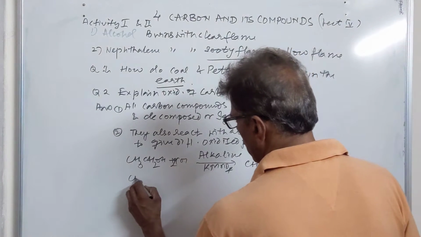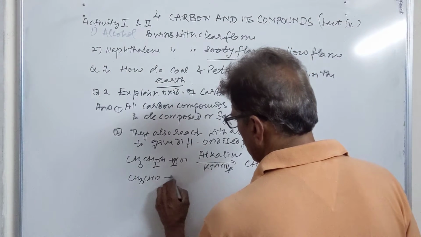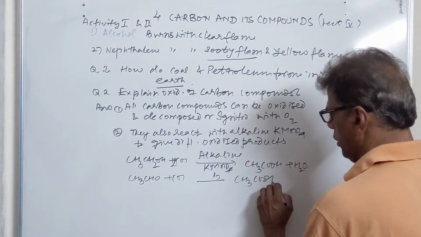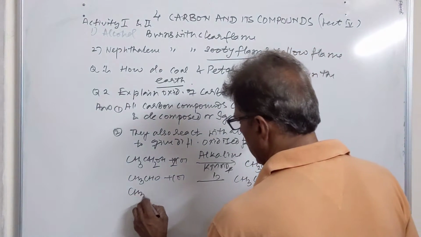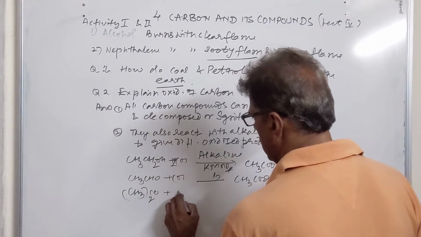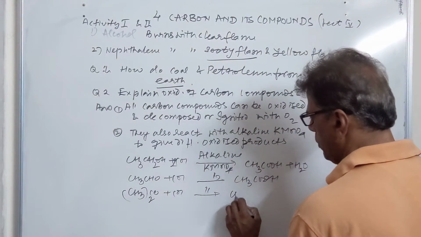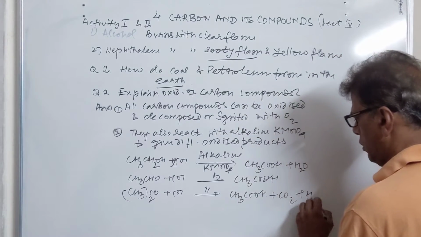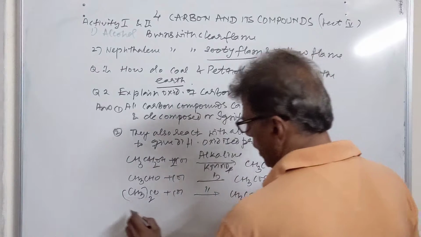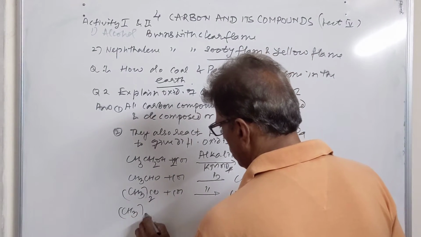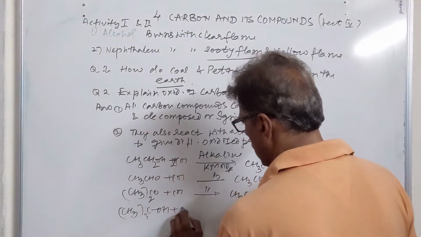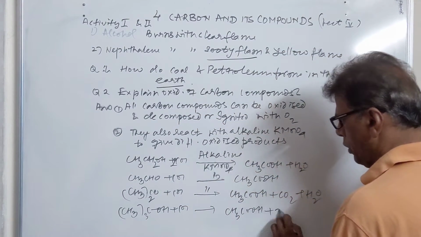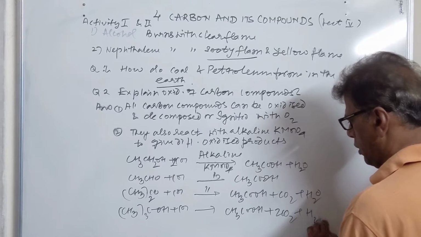Similarly, we can oxidize aldehydes by the same reagent. It will also give you acetic acid. Similarly, ketones can be oxidized by the same reagent. You will again get acetic acid plus CO2 plus water. And similarly, we have tertiary butyl alcohol. It can be oxidized again into acetic acid and it will produce 2 carbon dioxide along with a water molecule.